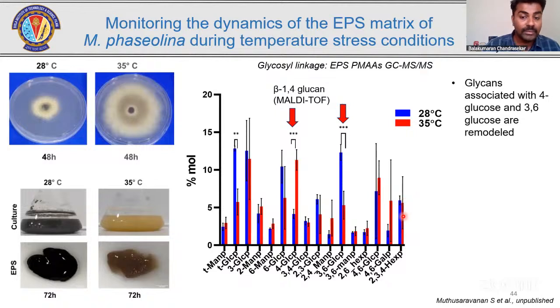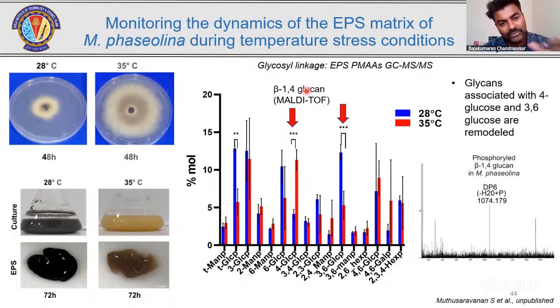Yes, indeed, we were able to see a very interesting fact: the 3,6 glucans, which were high at 28 degrees Celsius, were going down, and we were able to see a new polysaccharide coming up at 35 degrees Celsius, and this polysaccharide is a beta 1,4 glucan. So the beta 1,4 glucan we have already tested with MALDI-TOF analysis, and we have also confirmed the beta 1,3 glucans. Currently we have also found a very interesting isoform of a beta 1,4 glucan. So this is the direction we are going, that the pathogen is having a beta 1,4 form of a glucan, which is different from beta 1,3 or 1,6.